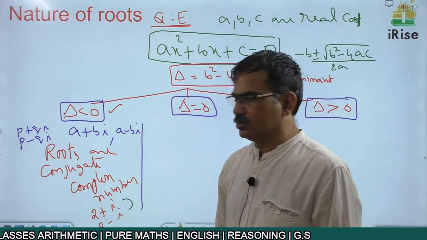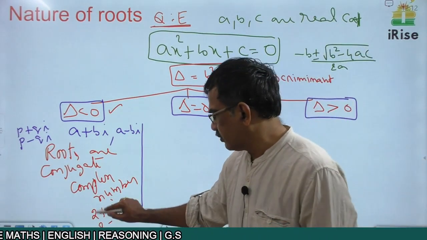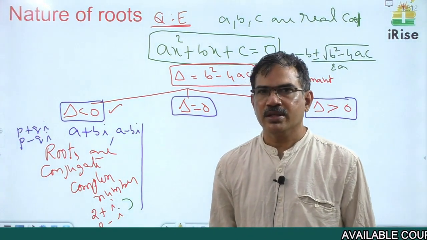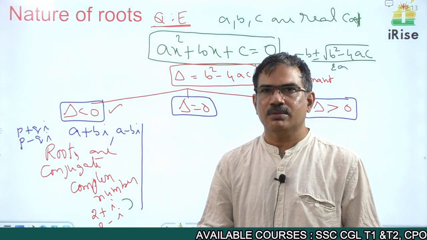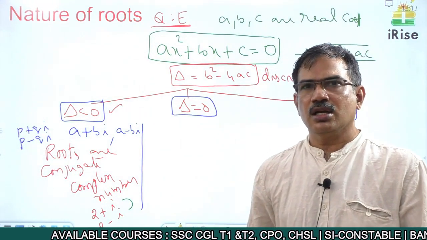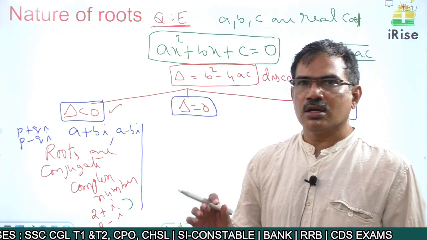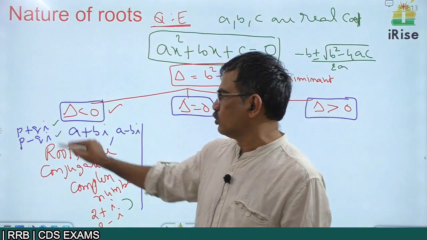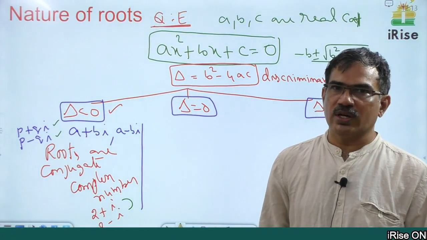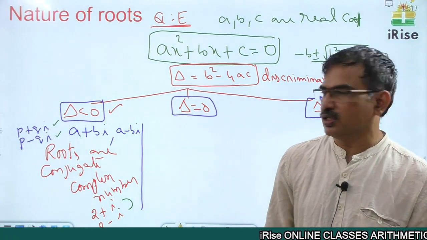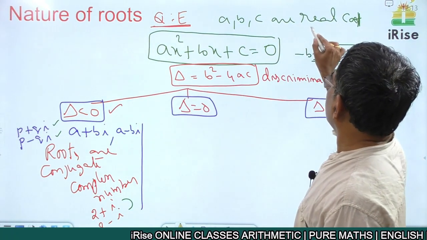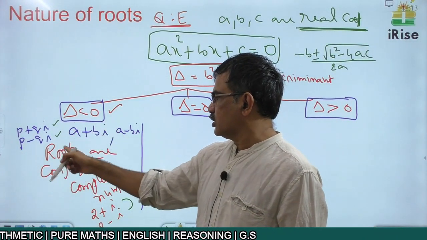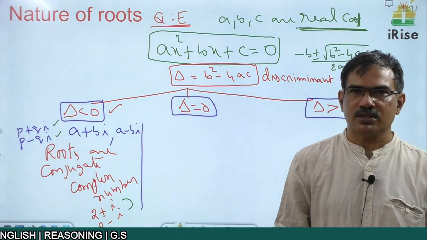If you add these two, we get 4, which is a real number. Product: 4 minus i square, that is 4 plus 1, so 5, which is a real number. If the sum and product of two complex numbers are real, we say that they are called conjugate complex numbers. If one root is in the form of p plus qi, the second root must be in the form of p minus qi. Understood? This is applicable, very important, for real coefficients. If they have real coefficients and delta less than 0, roots are conjugate complex numbers.